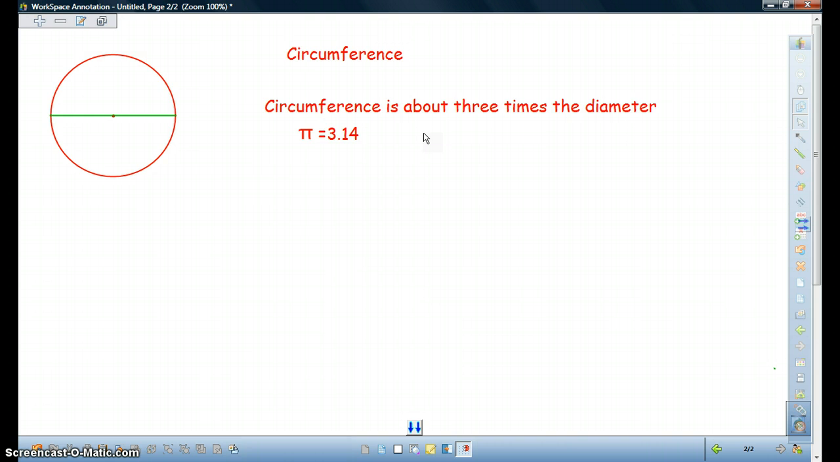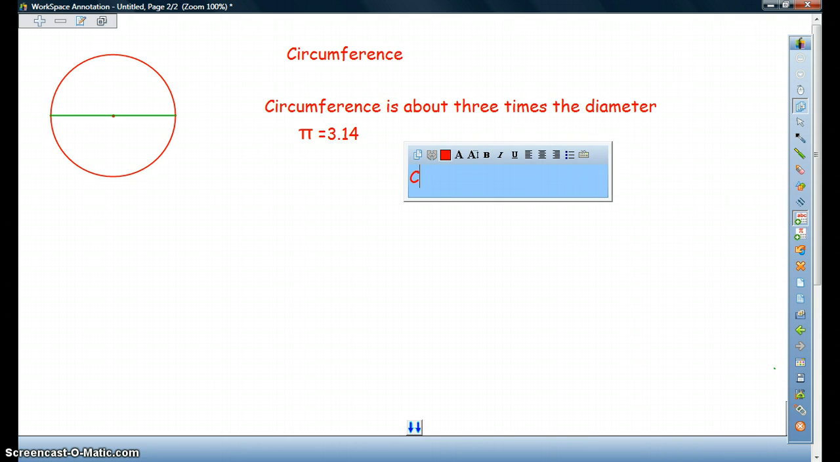But if you're using the actual calculator pi button, just understand that when you're comparing to your peers, your answer might be off by 3/10 of a decimal place. So circumference is about 3 times the diameter. When you're trying to remember formulas, keep that phrase in your mind, and it will help you think about the formula of